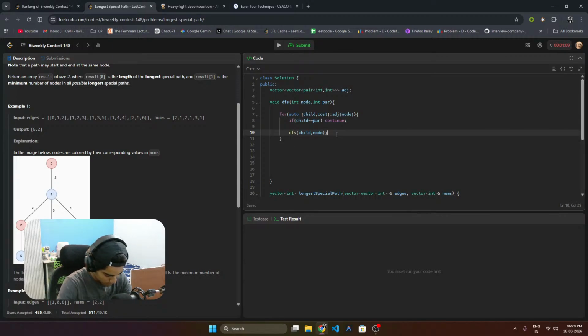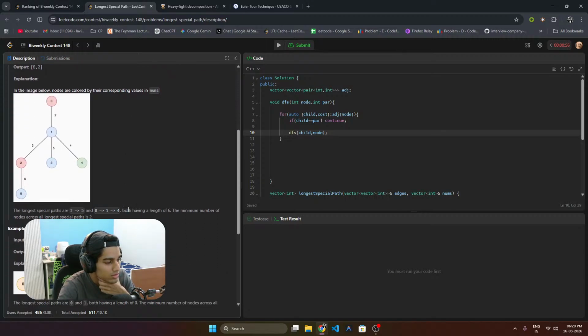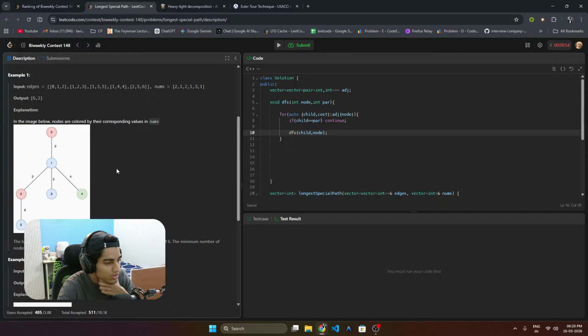Can I do this for some root? This is the root I can check. But if this is the root,